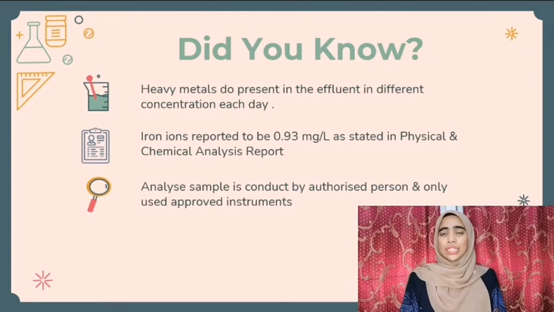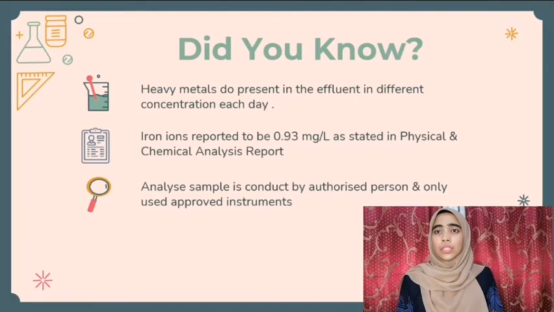Physical and Chemical Analysis Report: on 24th March, the iron concentration in the effluent was recorded at 0.93 mg per liter. The permissible range of iron for standard B is 5.0 mg per liter. The iron concentration must always be kept below 10% as a preventive action. Only an authorized person can conduct the analysis and sampling method, and only approved instruments may be used to perform an in situ